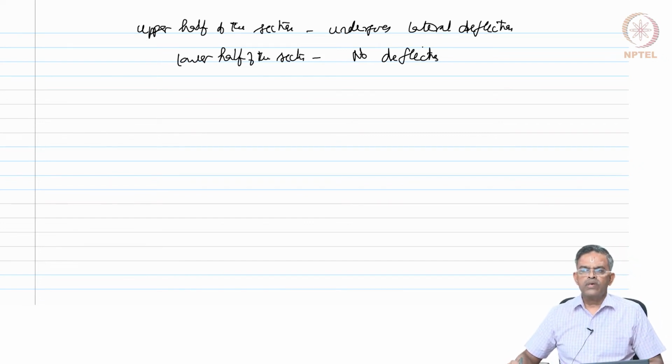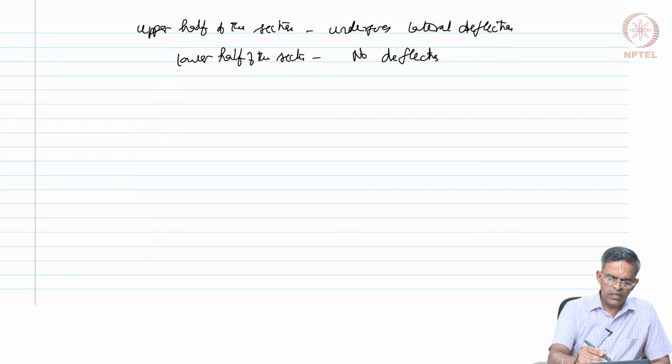Therefore, one can also state that the bottom flange is less severely loaded than the top flange. So, we can infer